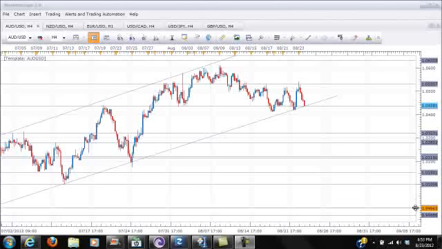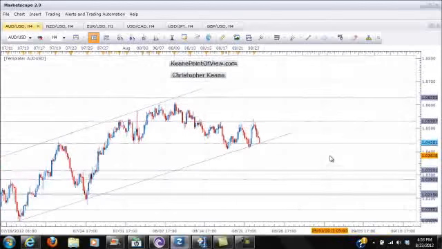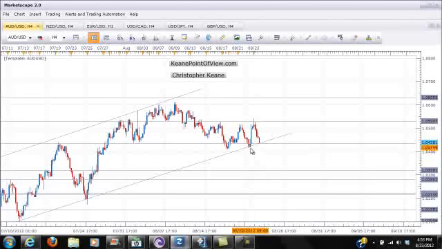And this leads us into an interesting position going into the end of the week. The first pair I'm going to look at is the AUDUSD cross. And as you can see, the AUDUSD after the release of the FOMC minutes broke away from the trend line that had been containing the pair, the ascending trend line, and pushed all the way up to the top of the range at 105.30. But since that point, the pair has moved down, and now, at close of the New York trading day, is sitting right at strong resistance at 104.35. That is a combination of daily price support and the ascending trend line.